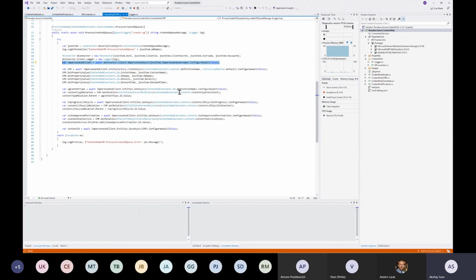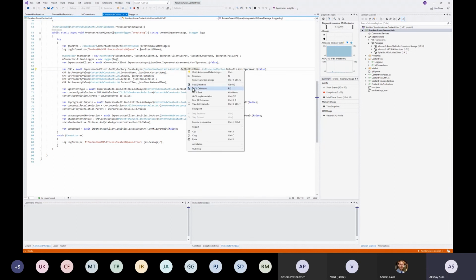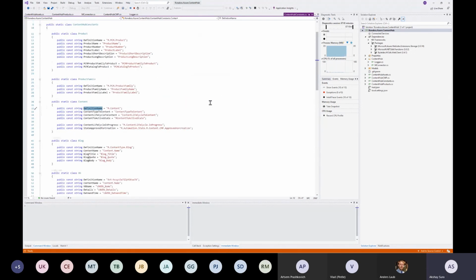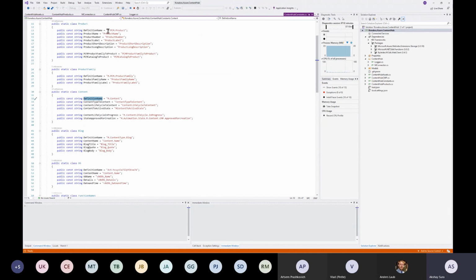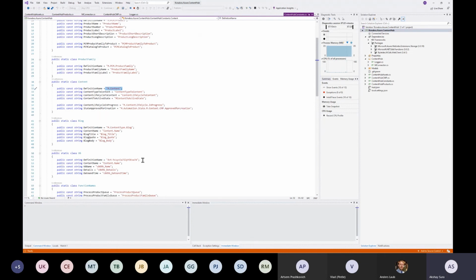entity, and all of these are based on IDs or definition names. As you can see, for a product it's m.pcm.product, for content it's m.content. As you notice, I'm creating something of type content because the CMP default entity is m.content, but then I need to assign it to a definition of type user group. For blog it's nice and clean, but the user group is weird because I created it. So what we are hoping to do is create a piece of content, set attributes,